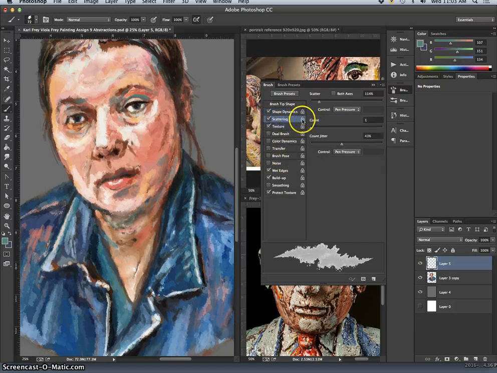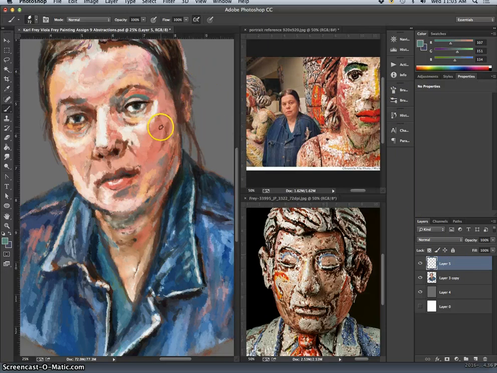I'm going to try scattering, but maybe in a different way, using both axes. I'm trying to find ways to break it up, but I think I'll do that with my brush mode. Okay, so now with this brush, which looks a little bit harder edged and bumpier, when I do these